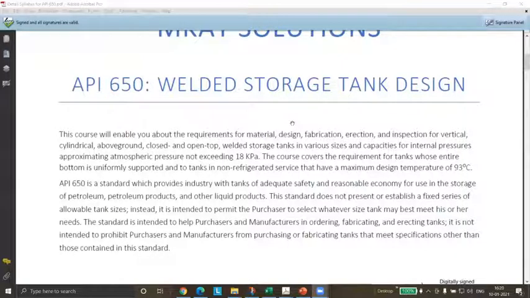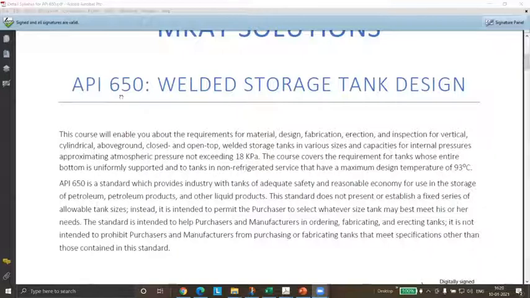Then there is a design. So we have to design the different parts of these storage tanks. We are going to see what these different parts are. And then we will refer to what fabrication details are given, similar to ASME, and then erection, inspection requirements, like if we have to do radiography, then how we need to perform it and at what location we should perform it. That is all covered in this.